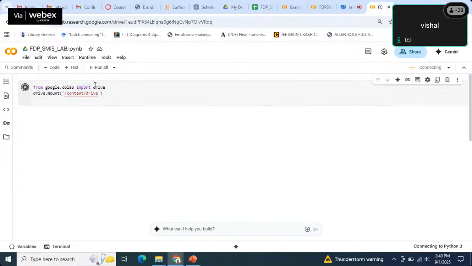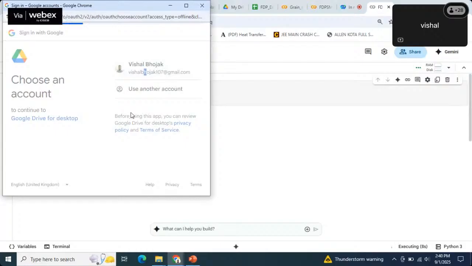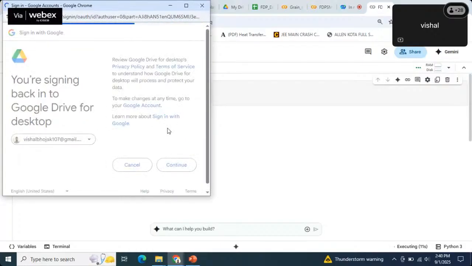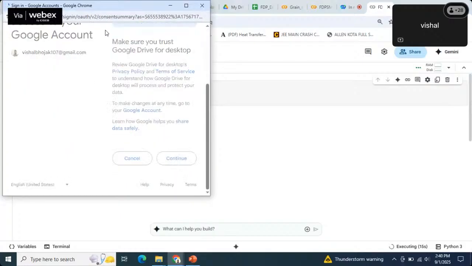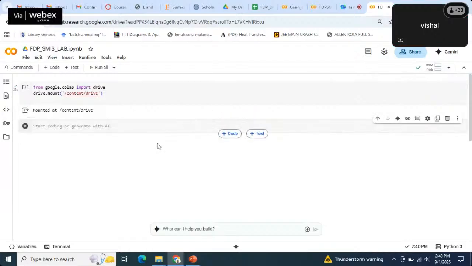Once it is done, I can access my drive files over here. Now you can see here it is mounted at content drive. Okay, so my drive is mounted. Now I want to import this Excel file to this Google Colab platform. For that I have to write